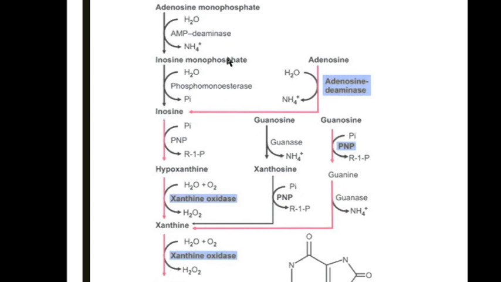Here the AMP is first converted to IMP. IMP is converted to inosine with the help of phosphomonoesterase. Thus it is going to break this phosphate group and release it as inorganic phosphate. Thus the inosine molecule remains intact. This inosine gets converted to hypoxanthine with the help of purine nucleoside phosphorylase. That means there is again removal of ribose 1-phosphate and there is a formation of hypoxanthine. The ribose 1-phosphate molecule is removed at this step. It's a very, very important step, that is purine nucleoside phosphorylase, removing the ribose 1-phosphate, giving rise to hypoxanthine.